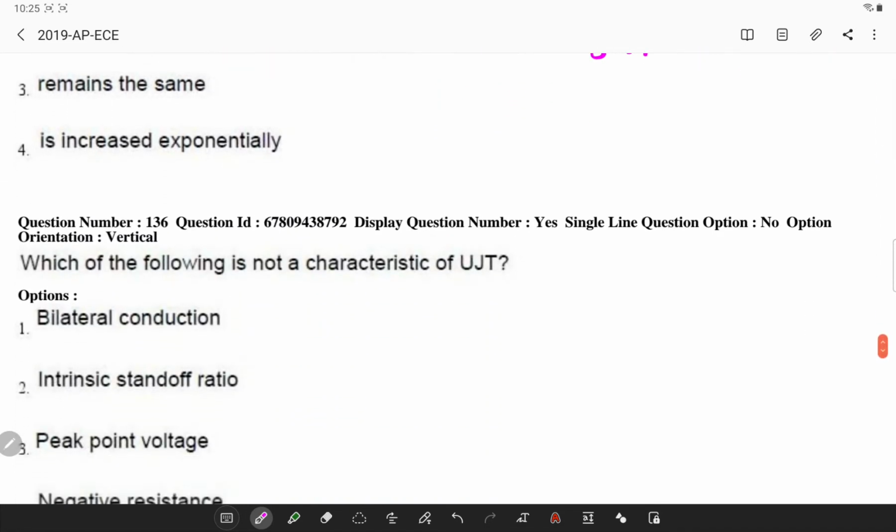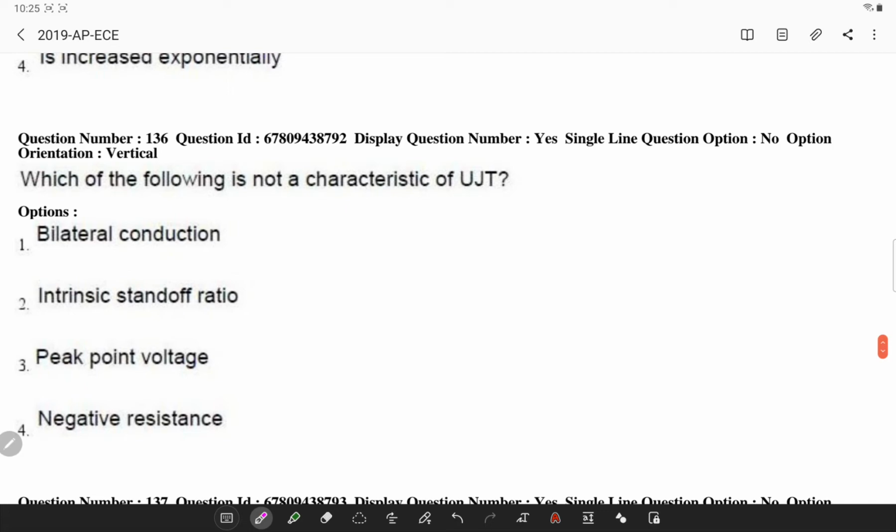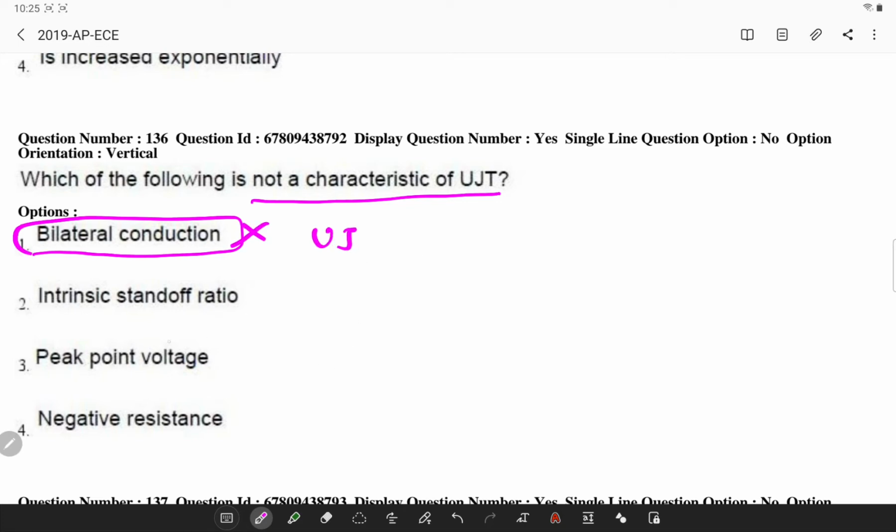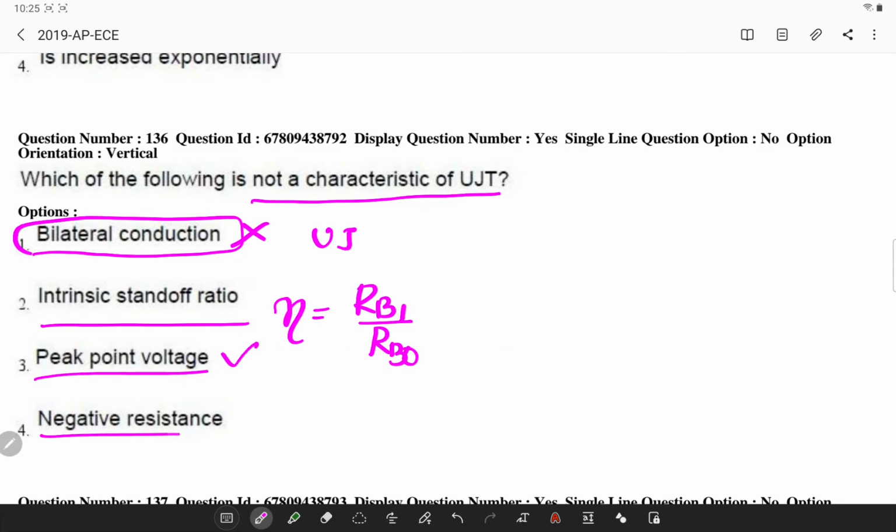Next, which of the following is not a characteristic of a UJT? Here, bilateral conduction is not a concept related to UJT. However, you have the intrinsic standoff ratio, which is RB1 by RB0, and also you have peak point voltage and negative resistance. So I'll try to show you